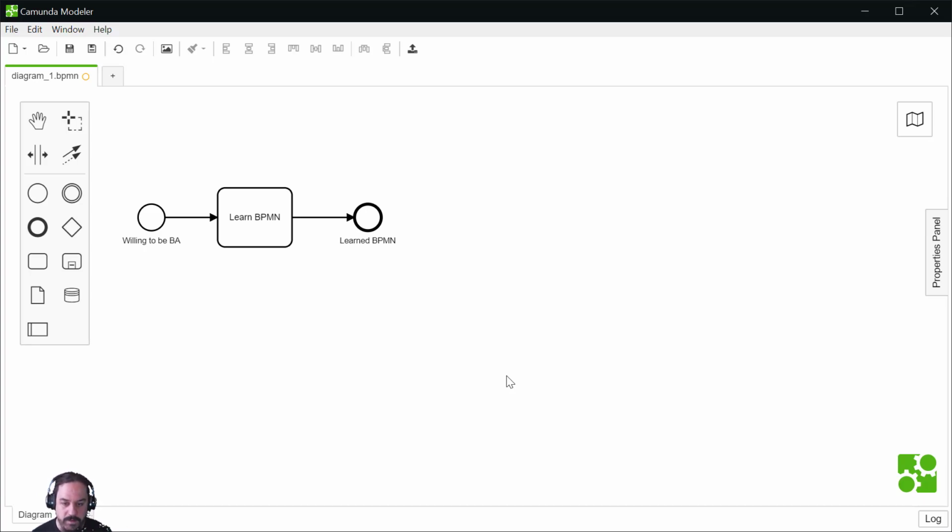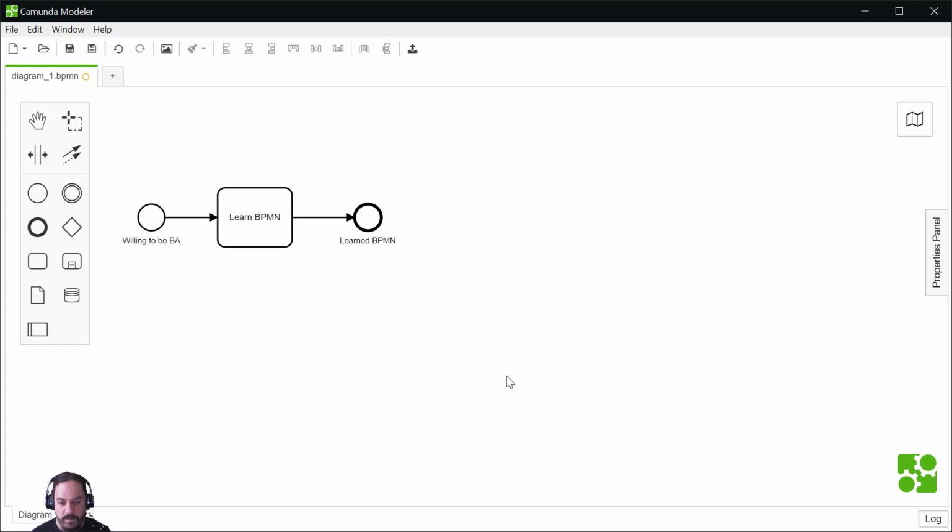Now you can see that I named the end event Learned BPMN. So we have a status or occupation and an outcome. Remember that you end with an outcome and you start with a will. You want something, and this is what will trigger your process, and the outcome will end it.